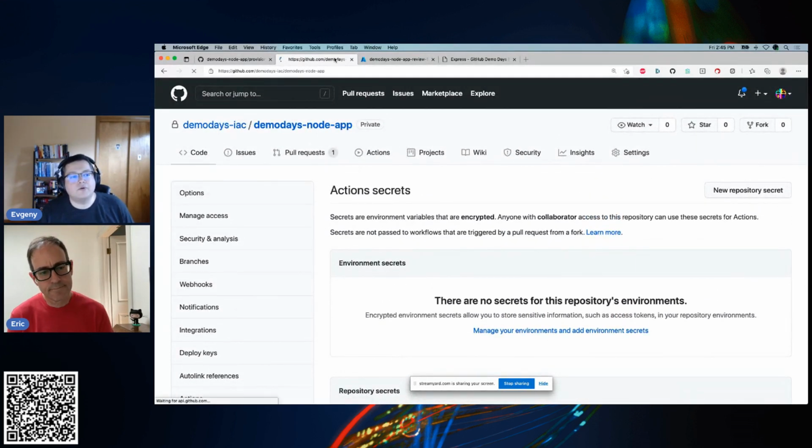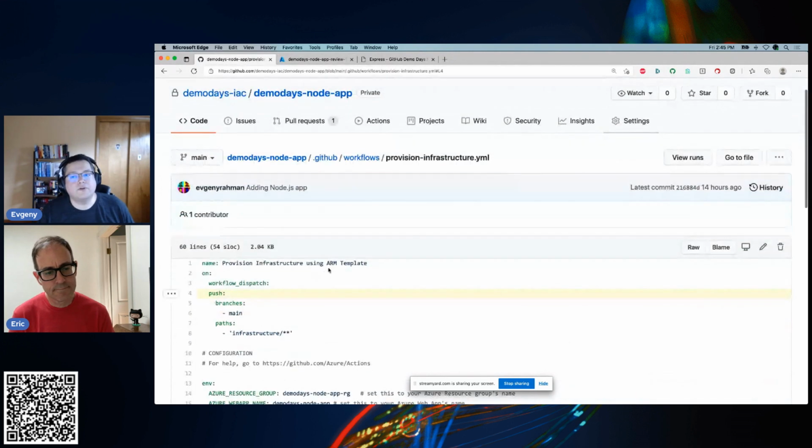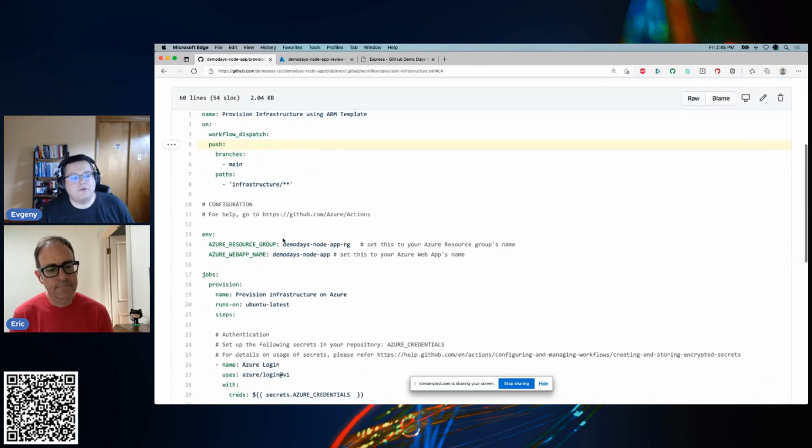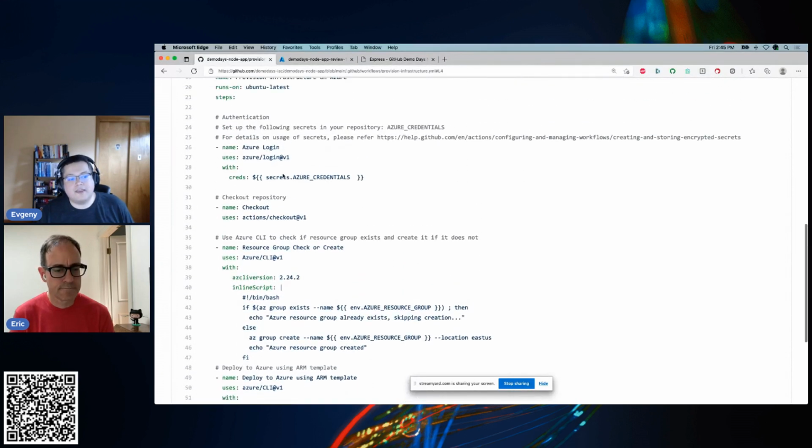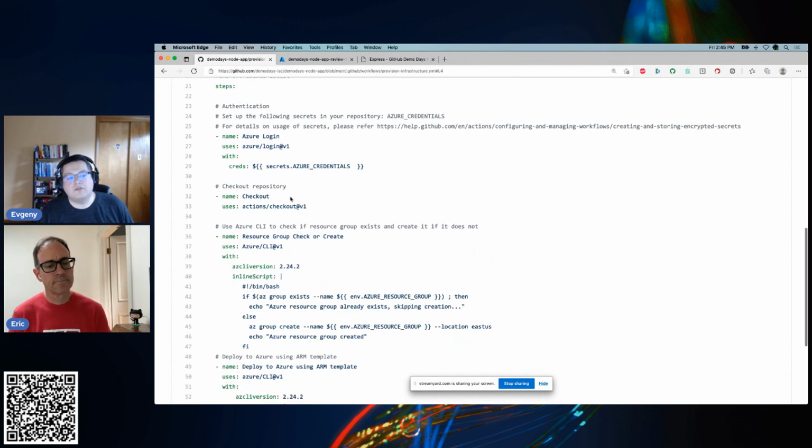Going back over to my workflow, that's what we have here. We have a bunch of environment variables and secrets in terms of the variables that we plug into these workflows. The way that works is, for example, for login, I provide this credential variable based on secrets.azure credentials.